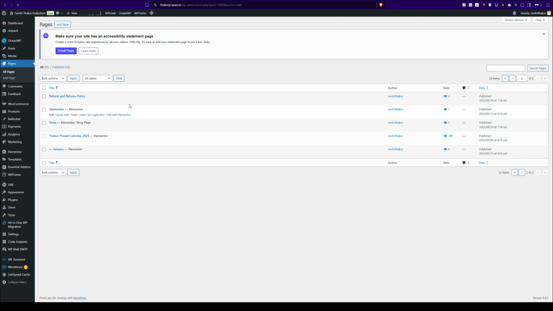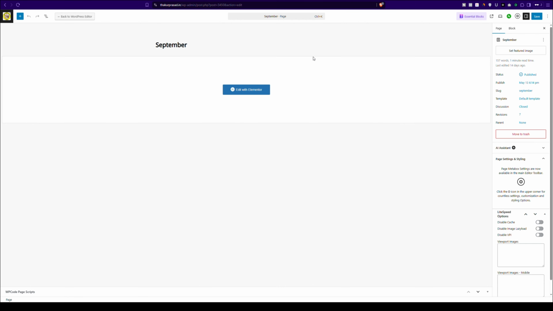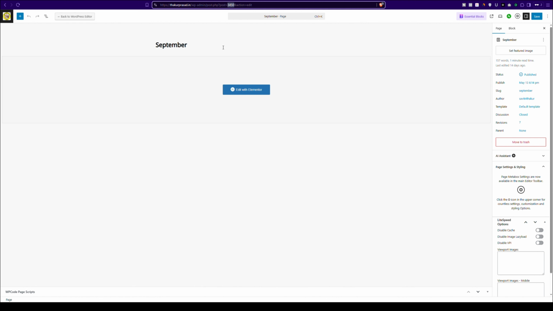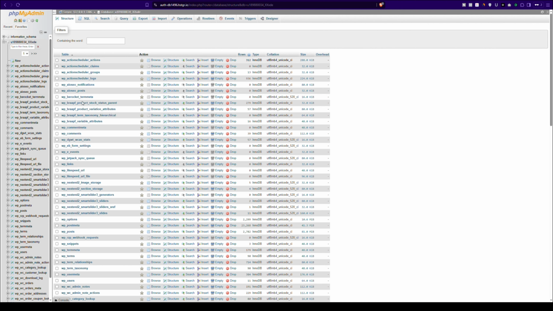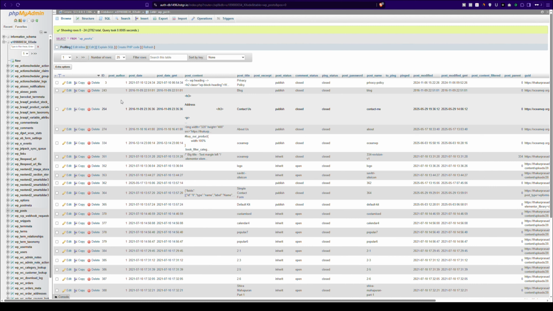First, we need to check the ID of September page. So we click on edit button. In the URL, you will find post ID is 3450. And now go to your MySQL database, find out the WP post table, and write down a query like select